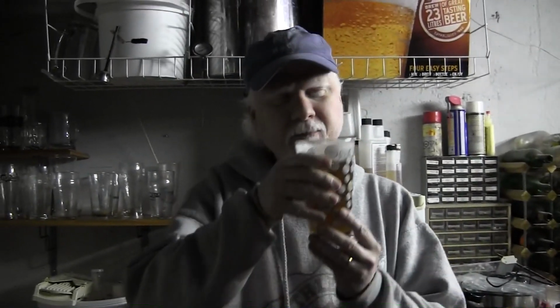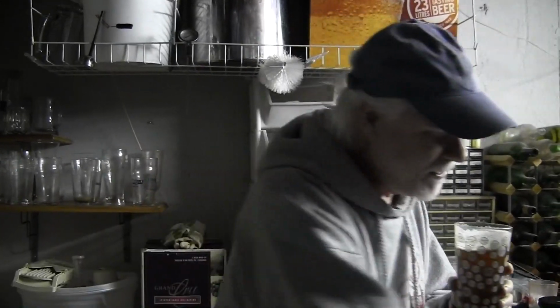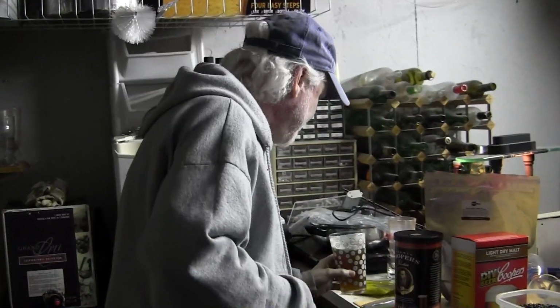Beef jerky and beer, home brew. Homemade beef jerky and homemade home brew. Homemade brew, beer. They go together just like, I mean, there you have it. It doesn't get much better than that. Cheers. So tonight I was actually in the mood to do something that I haven't done in a